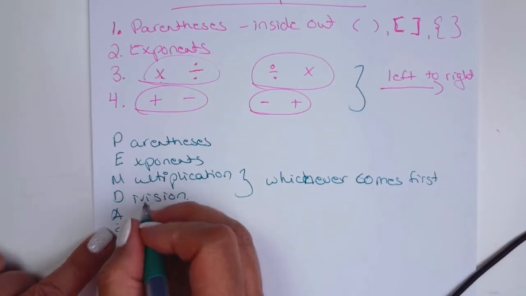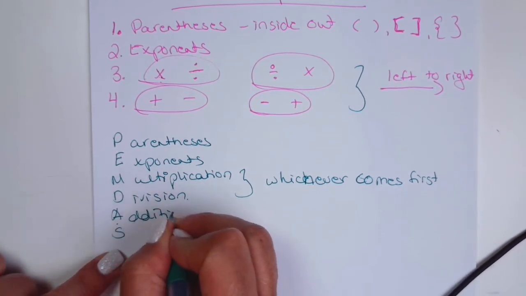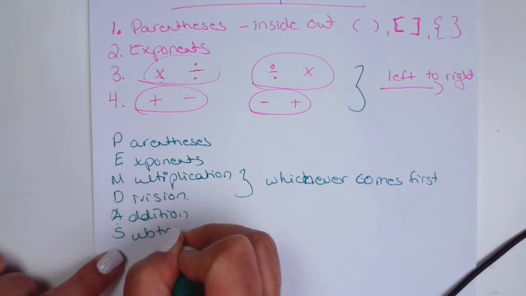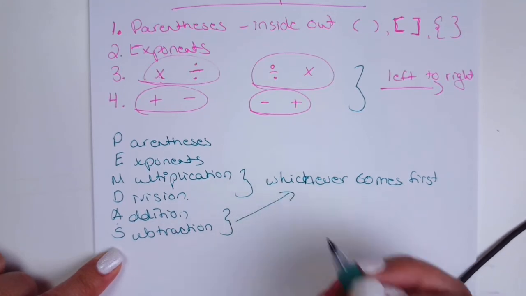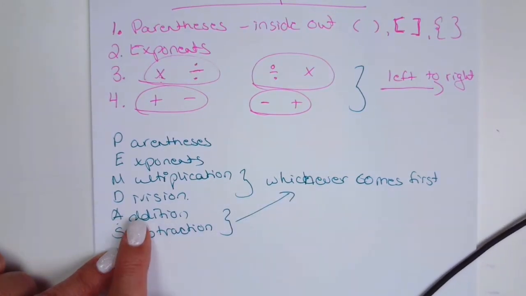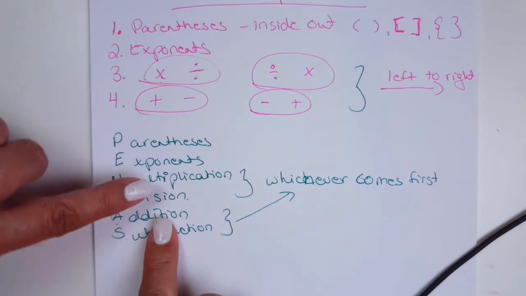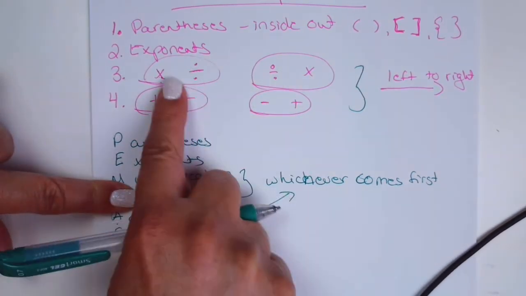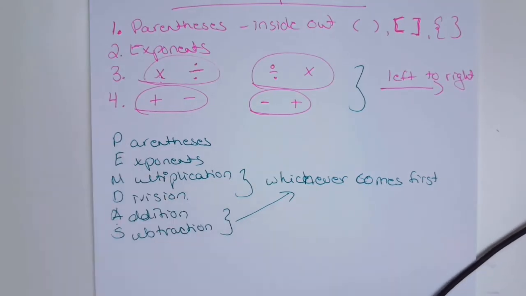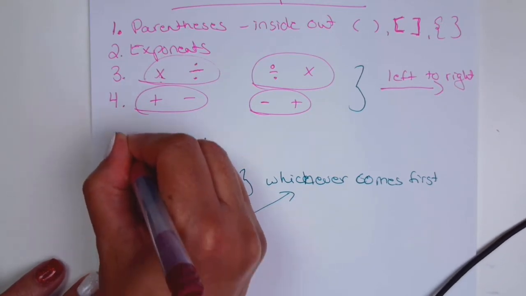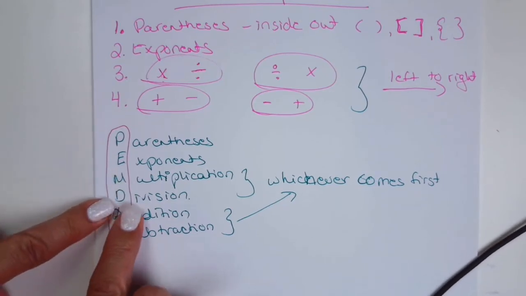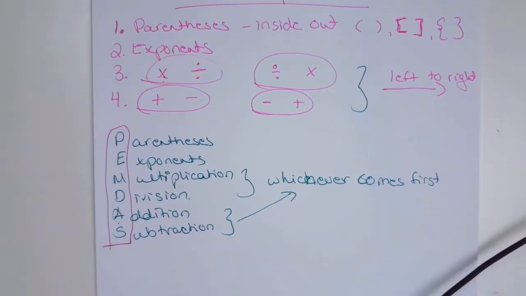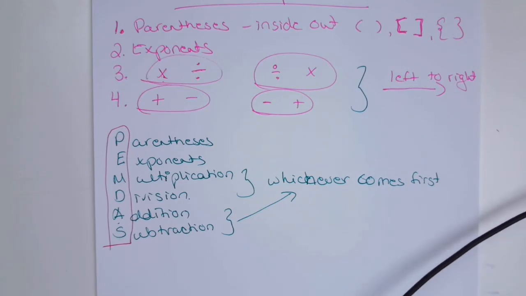Same thing, A as in addition and S as in subtraction. So these two, the same thing, whichever comes first. If you have a subtraction first, you're going to do that before the addition. So be careful with these two, just like I said here. But PEMDAS is kind of a trick: if you keep forgetting, this might help you memorize that you do parentheses first, then exponents, and then again multiplication, division, and addition and subtraction. Okay, let's move on to the